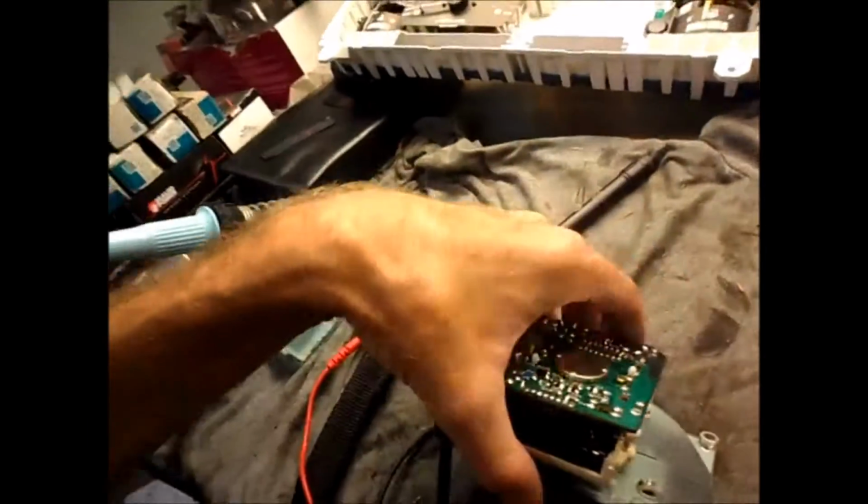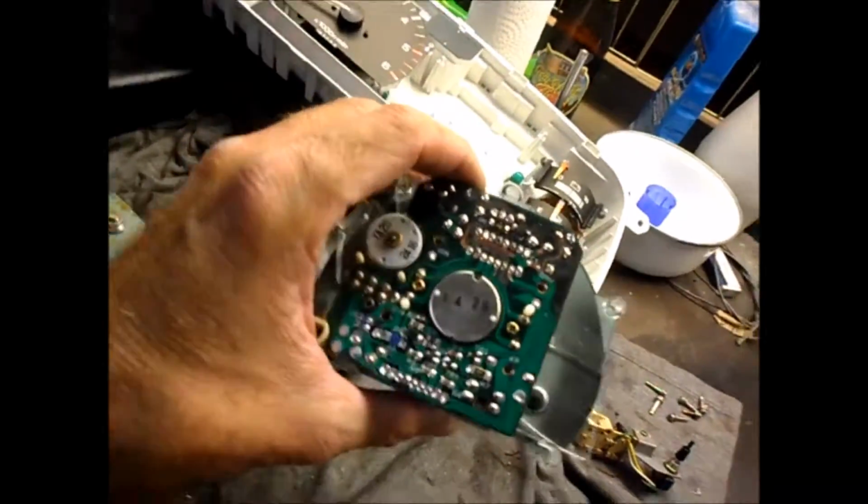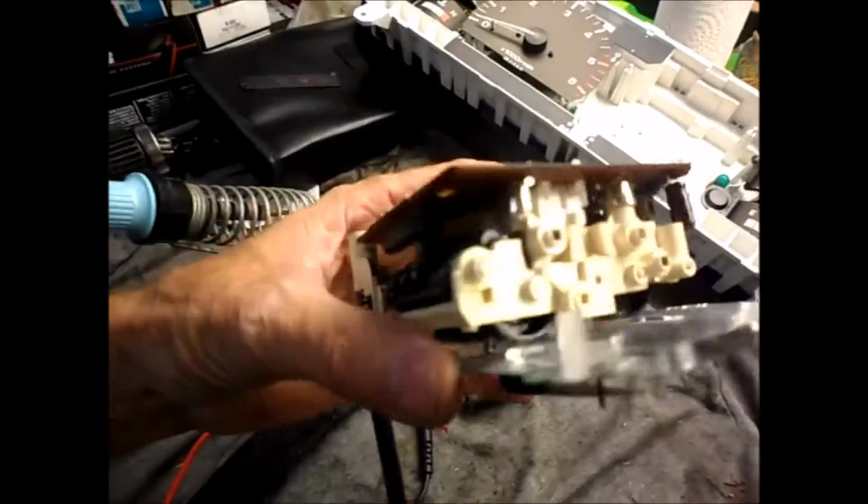Okay, we're back with the 92 Hilux diesel. I fixed my speedometer in the last video. I replaced 2 capacitors on the board, and that did seem to fix the problem. But what I did was, when I pulled the speedometer out, I simply manipulated it just by removing it and reinstalling it. There was a bad connection on here that I thought had fixed it, because it did work for a